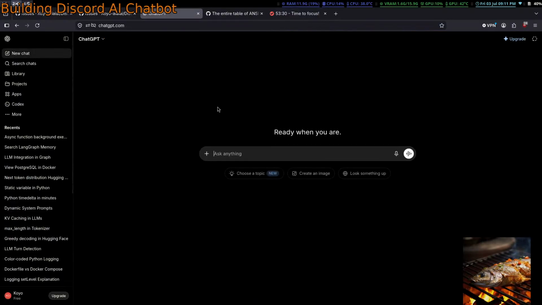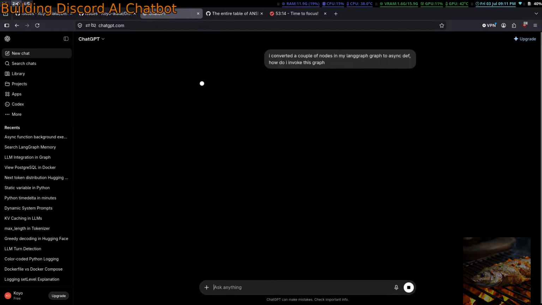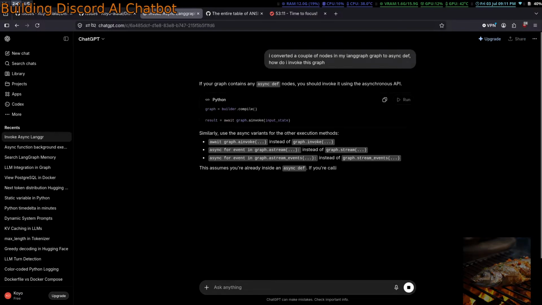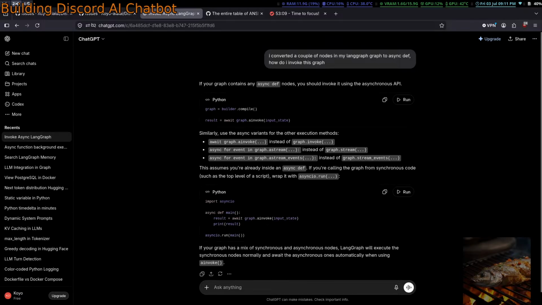I converted a couple of nodes in my LangGraph to async def. How do I invoke this graph?